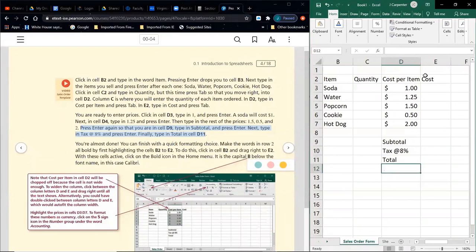So what does it look like the point of this is? We've got some store somewhere, or a little pop-up restaurant at a concert venue or something like that, selling soda, water, popcorns, cookies, and hot dogs to people. And we're trying to figure out how many we sold in a day or a week or to one customer, something like that. And we're trying to keep a record of this. So we're going to end up typing how many of these things we sell. We want to have a total cost of the things we sell of each of these. So for instance, if we sold 5 sodas at $1 per, that would be a total cost before tax and